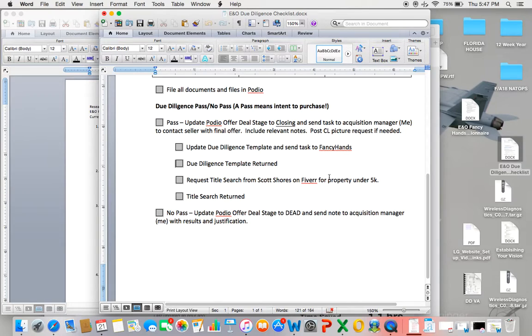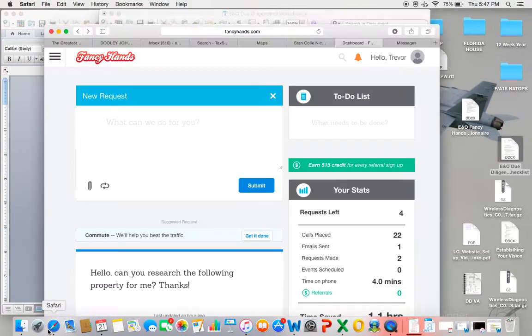from Scott Shores on Fiverr on property under 5,000. So if we're gonna pay more than 5,000 for a property, I get a real title search done and I will handle that. But if it's under $5,000 cash that we have into this property, that's including the price, the taxes they may owe, the HOA fees, all that. Then if it's under 5K, we'll use Scott Shores, and I'll do a request from Scott Shores, which I can show